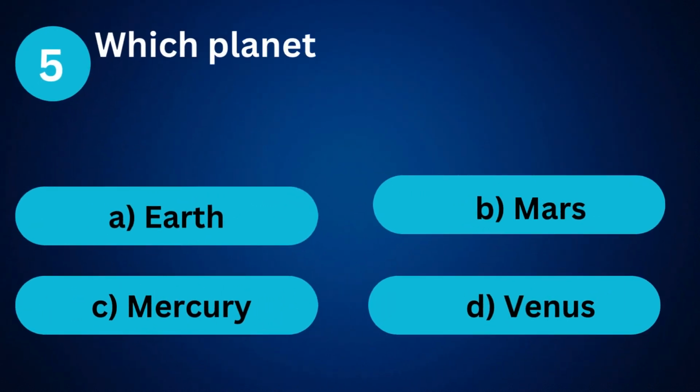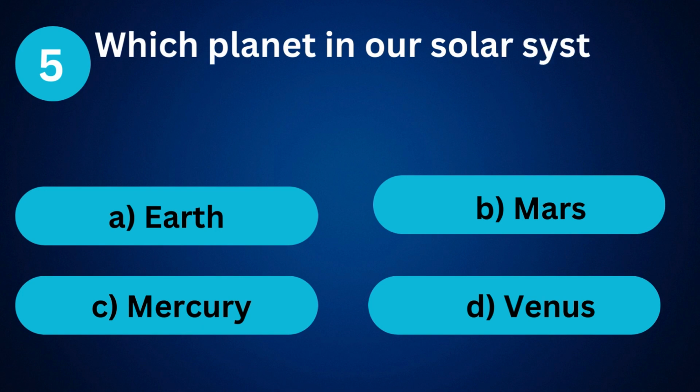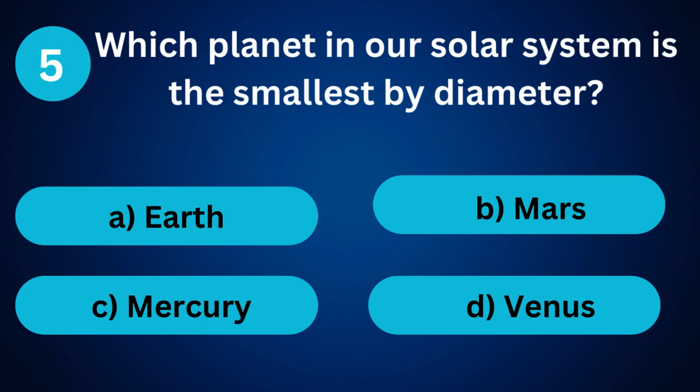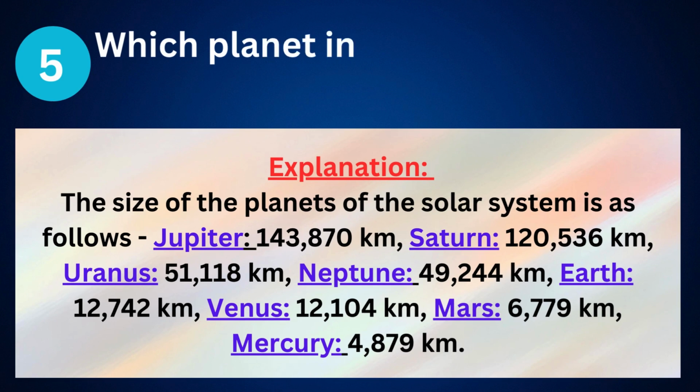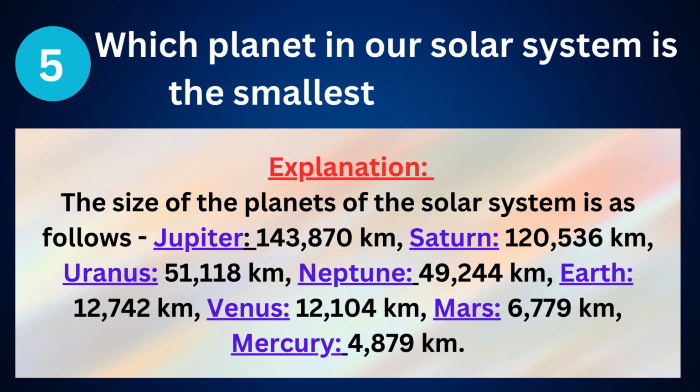Question 5. Which planet in our solar system is the smallest by diameter? A. Earth. B. Mars. C. Mercury. D. Venus. Answer: C. Mercury. Explanation. The size of the planets of the solar system is as follows: Jupiter,